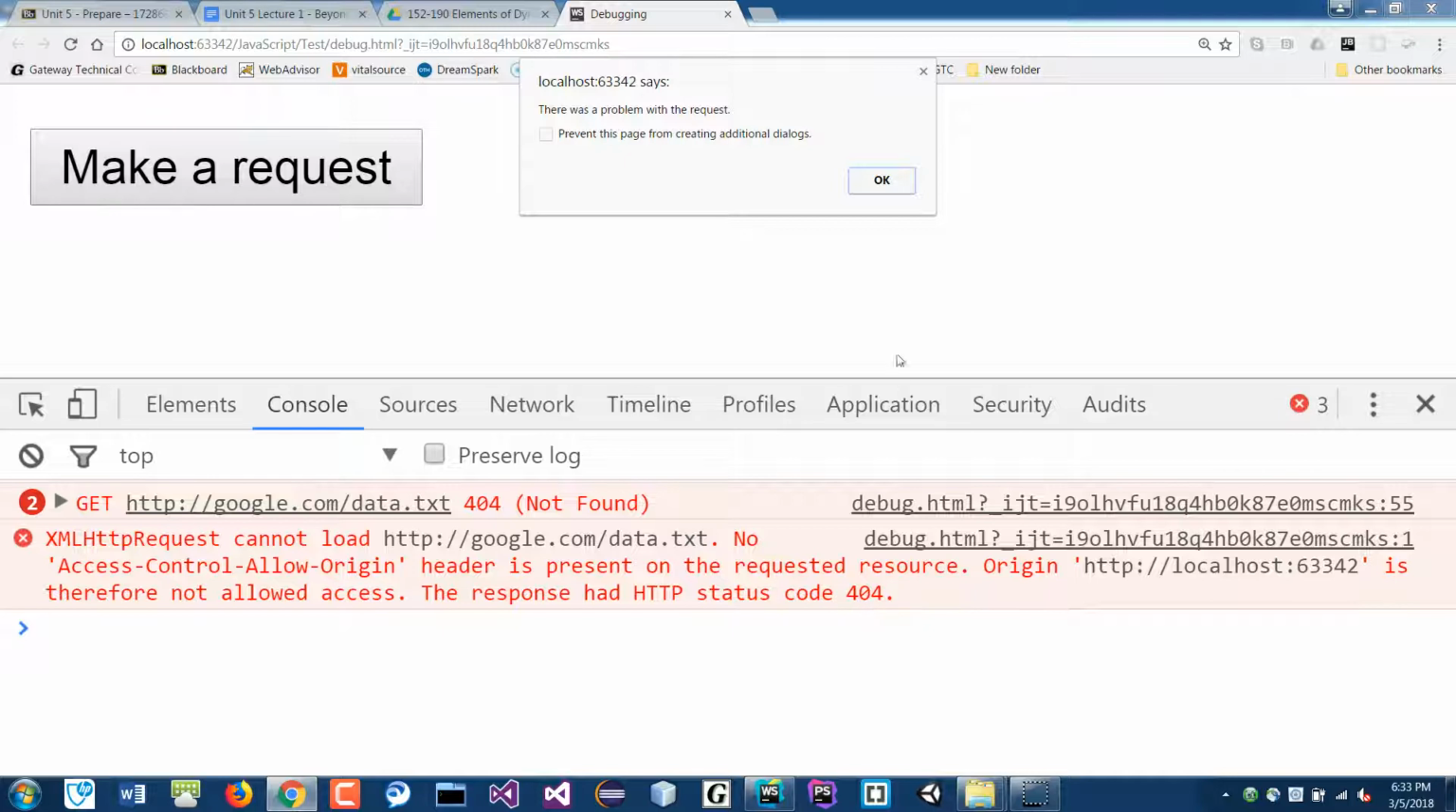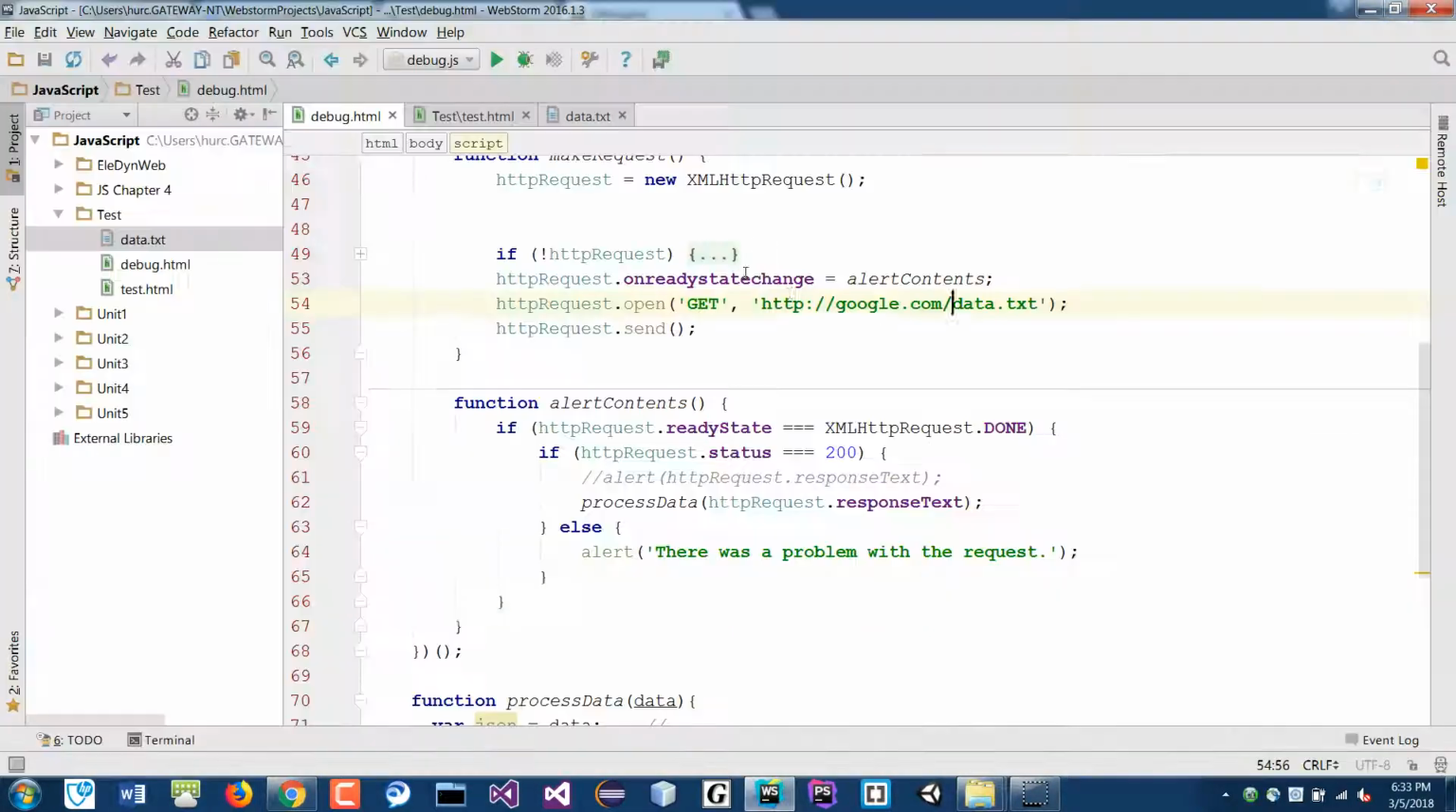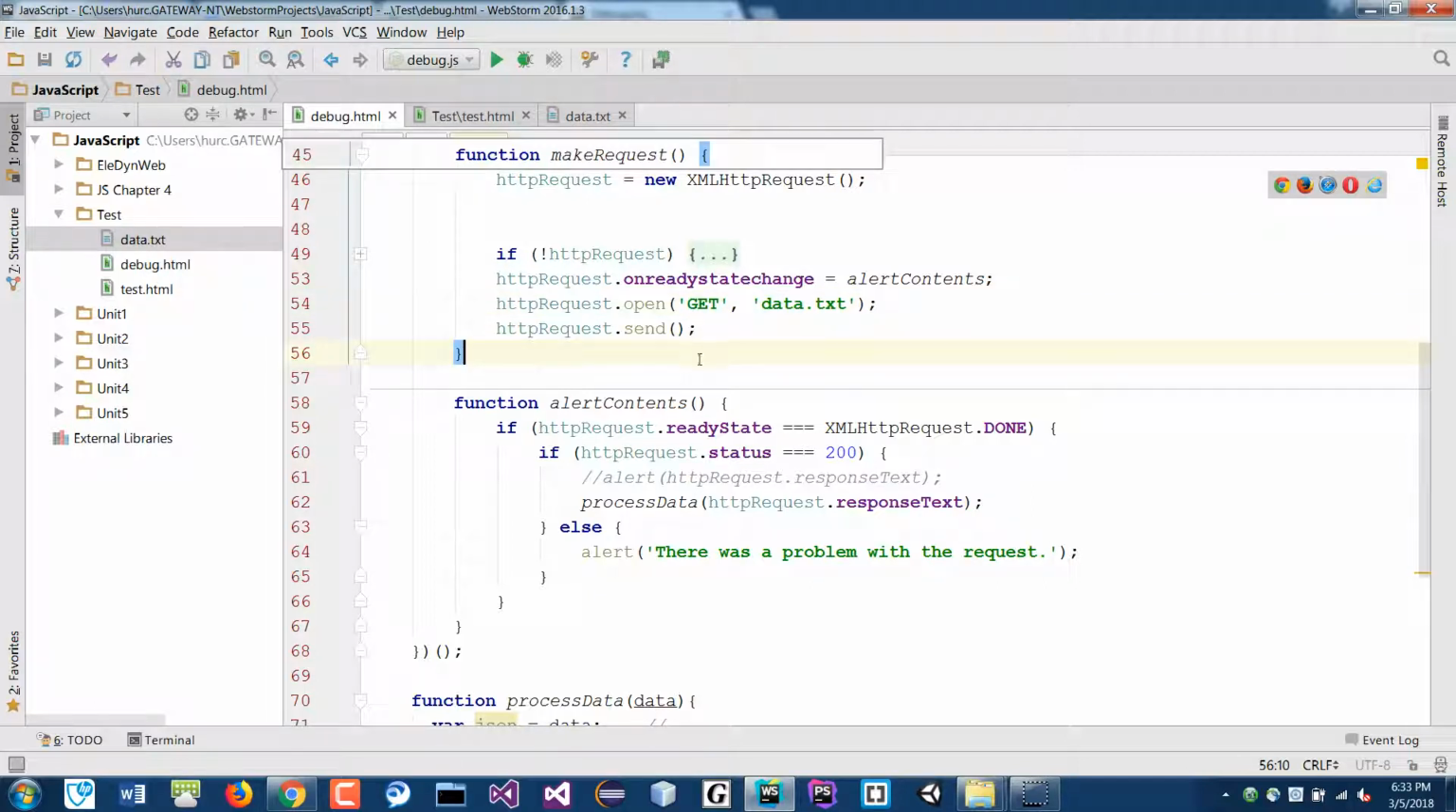I get a 404. Well, let me do it. So it's a safety feature built into it. And so your data starts